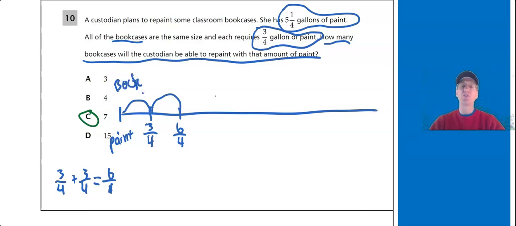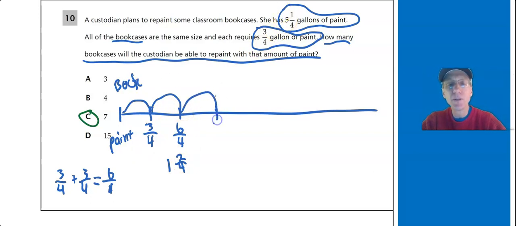I could actually turn this into a ratio problem with the double number line, but we're going to run out of time. But you can see there's just a lot of super cool ways to do this. So you could even think of a double number line here. But there's 6/4. So how much would that be? Well, that would be 1 2/4. So far, I've used up 1 2/4. I've got 5 1/4. I can keep on going.